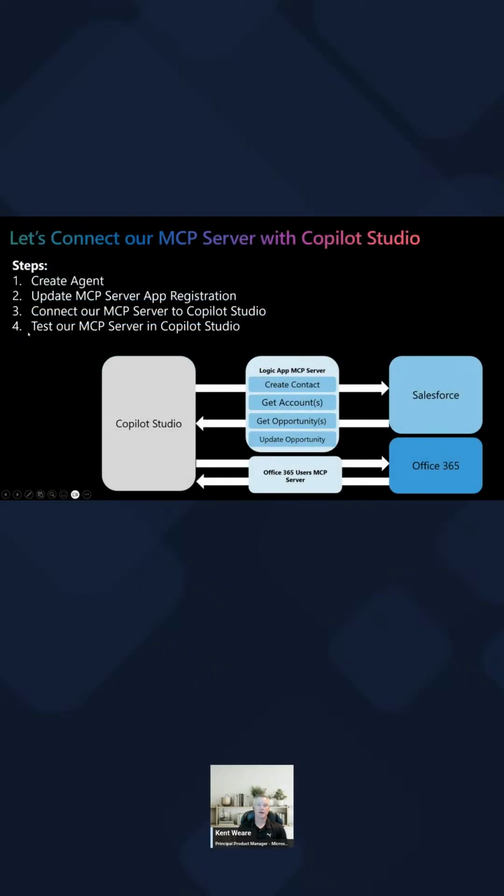So the scenario I want to go through today, I talked about this a little bit before, is where we've built our Logic App MCP server. It provides the sales management capabilities that we're interested in. And we want to connect that to a Copilot Studio agent experience. And then after, I do want to talk a little bit about those out-of-box MCP servers as well, because I think those are valid and should be considered when selecting your connectivity platform. And so there are some steps that we need to address here.